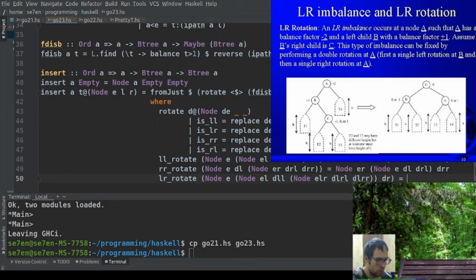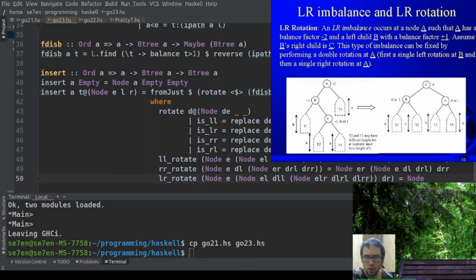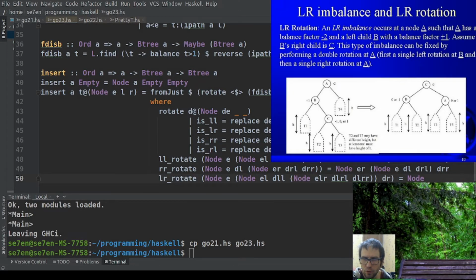Now we construct the new rotated tree. We start from a node, which root do we have here? Let's look at our picture. As you can see on the picture, the node C goes to the root. Okay, and B stays as it is, C goes to the root, and A goes to the left. Okay,